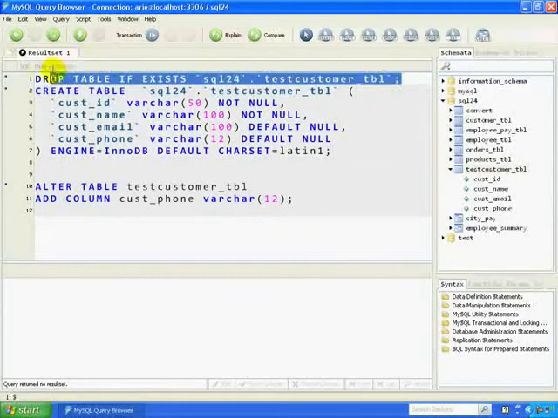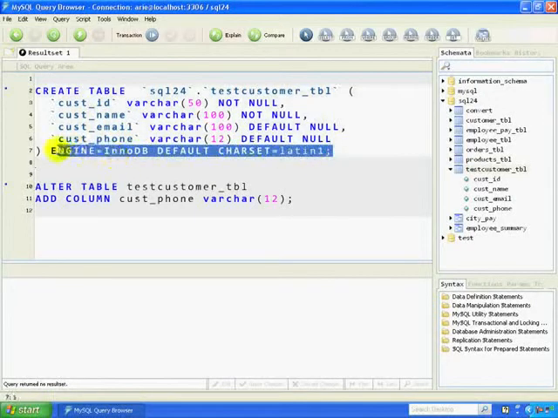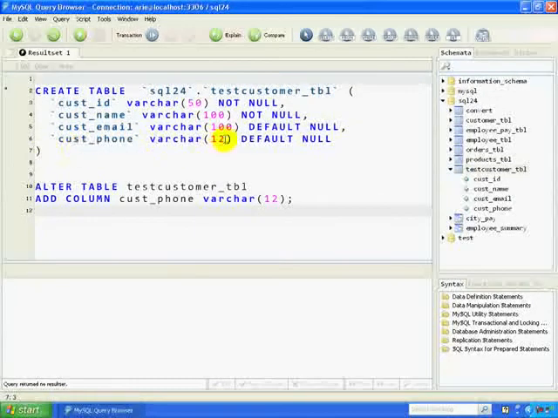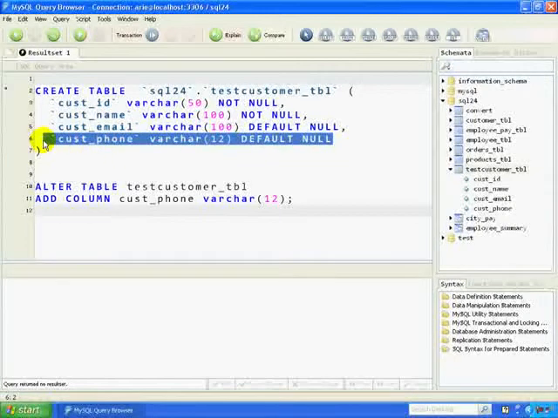So let's remove all of this drop stuff and all this stuff that we don't necessarily need right now, and let's just concentrate on the column that we added. So you can see that it's added the column as the last column in the set. Okay, so the customer phone has been added, created as varchar 12, and then the default is null. So even though we didn't